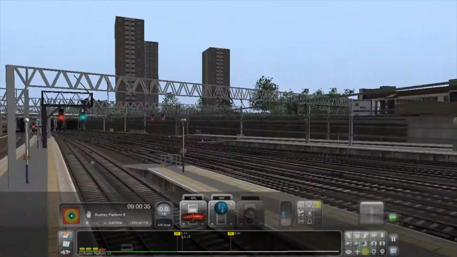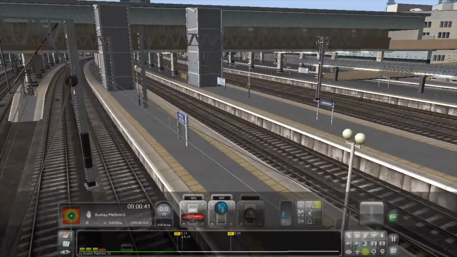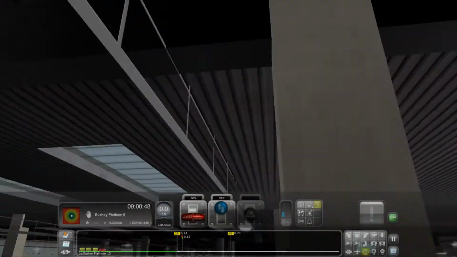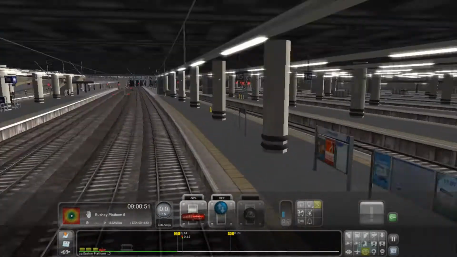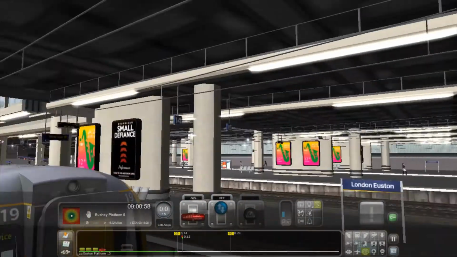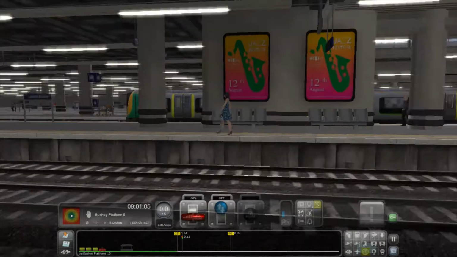It's the WCML South, which is the London Euston to Birmingham route on Train Simulator. It's quite nice, and since I have actually been on most of this route myself, it is slightly nostalgic to see how well they've made it. And to be completely honest, this station, I can't find anything wrong with it. Even the fact that they have two adverts that are exactly identical and out of date next to each other